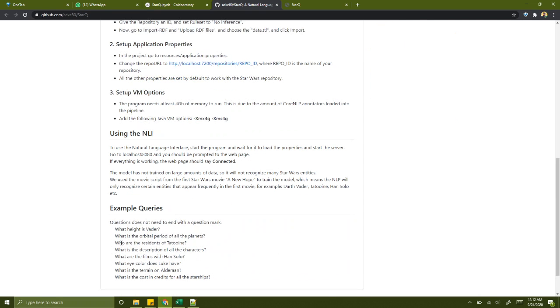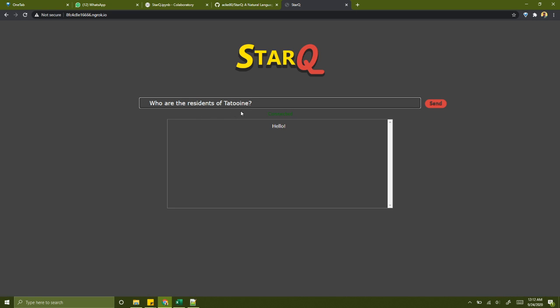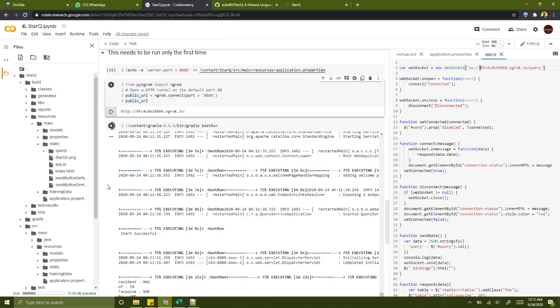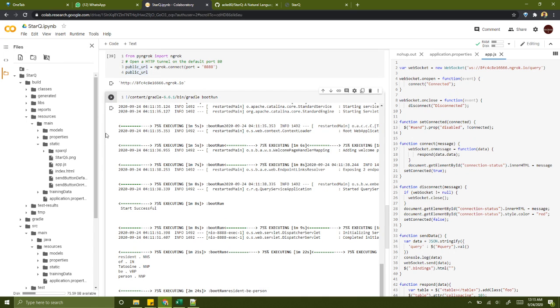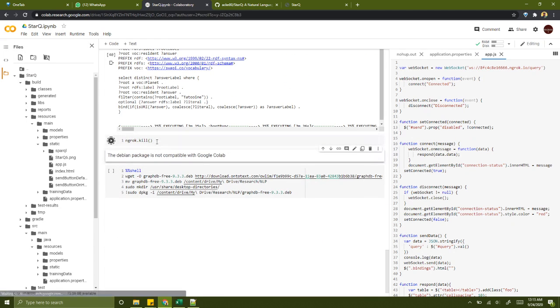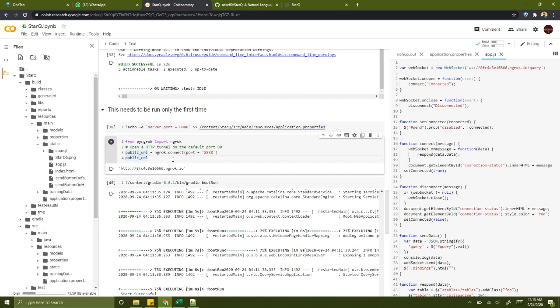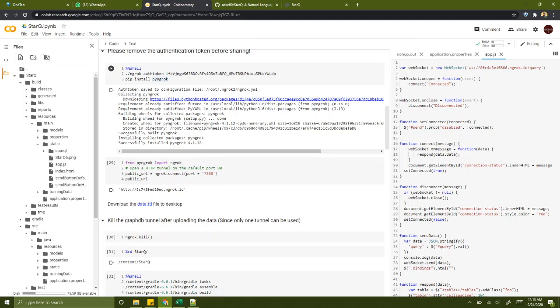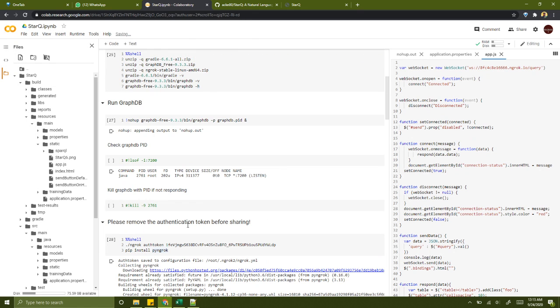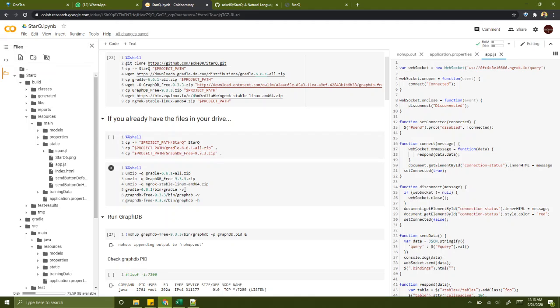Let's check if it is really working. Let me give this question and see. We get the answers. So after you're done, you can go ahead and stop, and don't forget to kill the ngrok tunnel, because if it goes to stale mode, there is a possibility that you will have to wait a long time to get back your tunnel. And also please, if you are sharing this with someone, make sure that you are removing the authentication token, because you can be kicked out of your room by someone else.